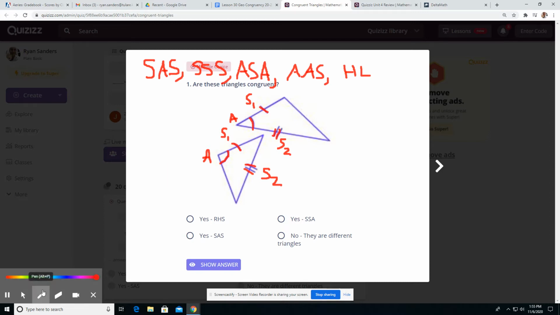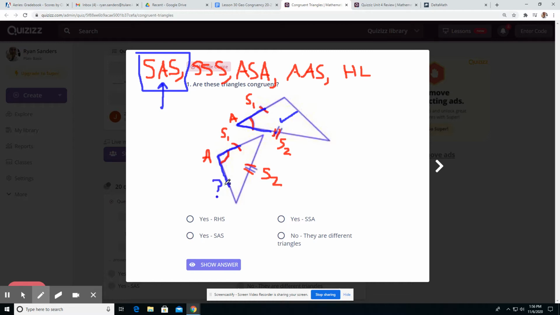So let's look. I'll switch colors right here. So two sides and one angle, two sides and one angle. If you're not sure, try to eliminate some of your options. The only option that has two sides and one angle is this one right here. The angle has to be between the two sides. So when I look at this, side, angle, side, side, angle, side, yes, that one's the angle's in between the two sides. So here it is, side, angle,